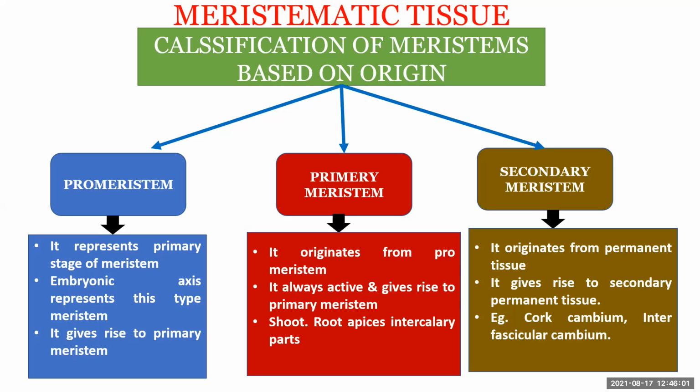Interfascicular cambium plus intrafascicular cambium together form a ring-like structure that is called vascular cambium. Vascular cambium divides and produces secondary xylem towards the inner side, secondary phloem towards